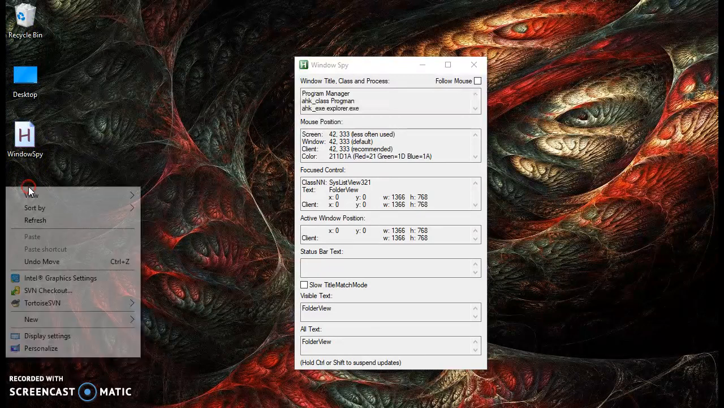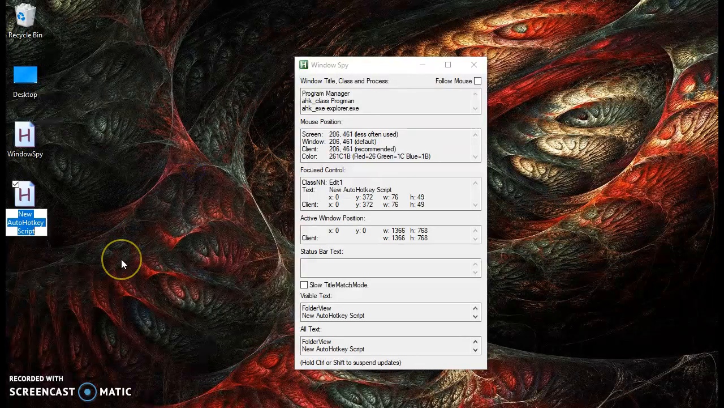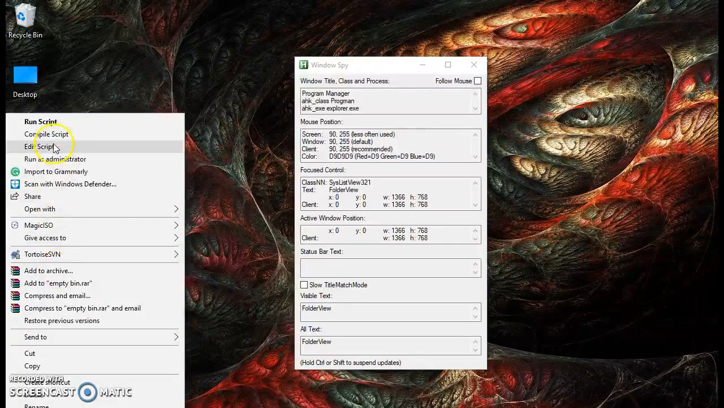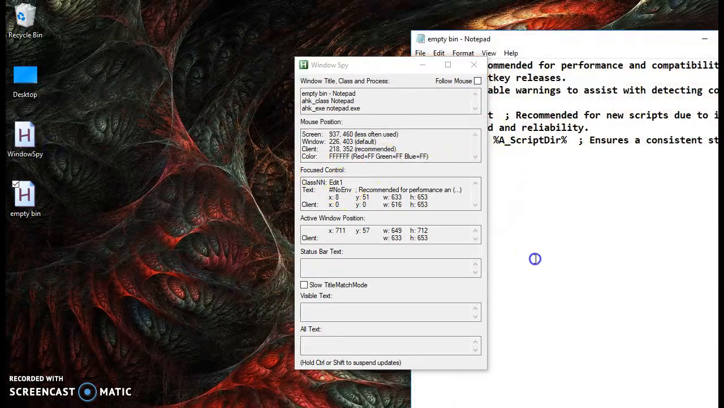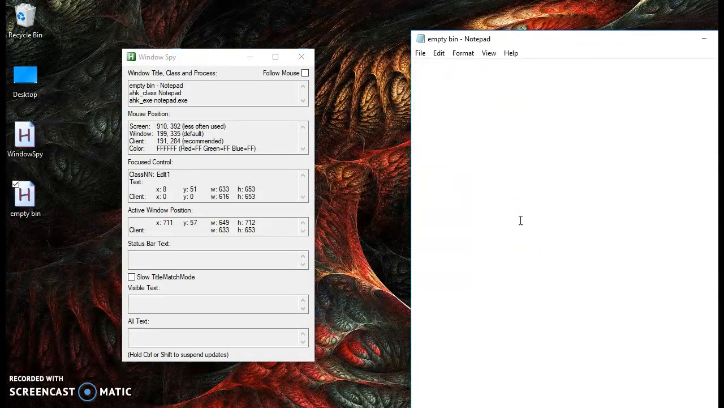So what you want to do after that is right click anywhere in your desktop, go to New, then go to AutoHotkey Script. I'm going to name this one Empty Bin, because that's the script I'm going to be showing, just a simple script on how to empty your recycling bin. So then you right click the script, go to Edit Script, just move this out the way, go ahead and delete everything in it,